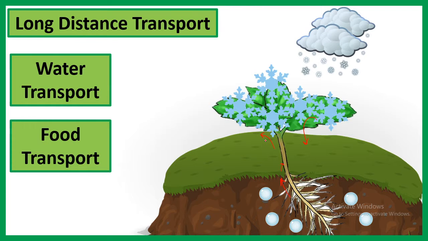Okay, now this will prove our point that food transport is bidirectional, but in actuality food transport is multidirectional. Whenever it is going from bottom to up, that is the transportation of food in one direction. When it is going from top to bottom, that is in another direction. But when the food is supplying from one leaf to another leaf, that is in another direction. So we can say that food transport is in this direction, this direction, and this direction. So food transport is basically multidirectional,